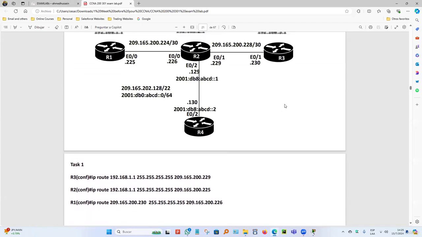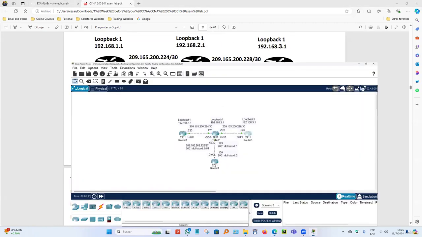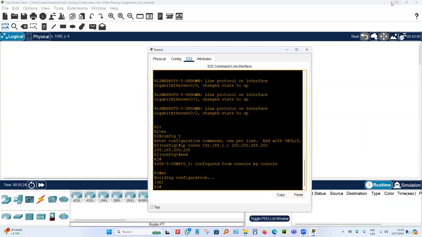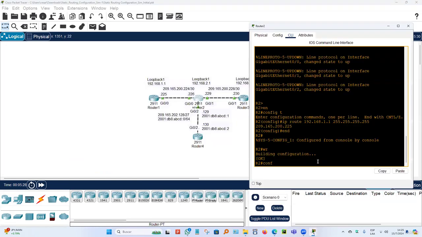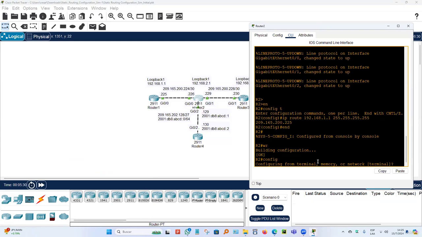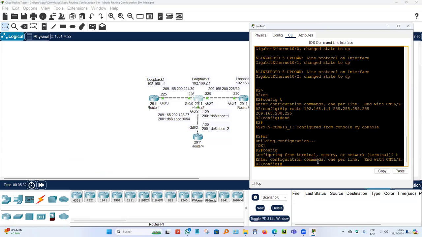We have to configure our route to get to router 4 from router 2. So we go to router 2, and we do the exact same thing we have been doing so far. It's an IPv4 address, config T, and we do IP route. We need to get to the IP address of router 4. That will be